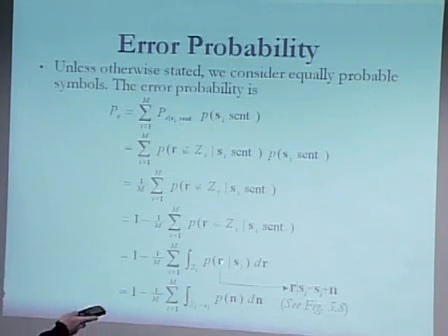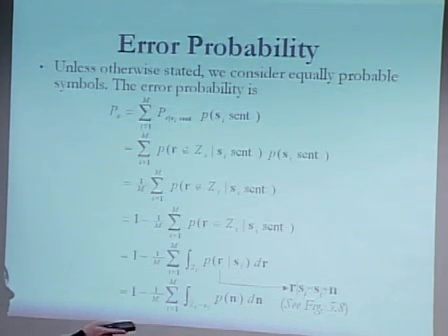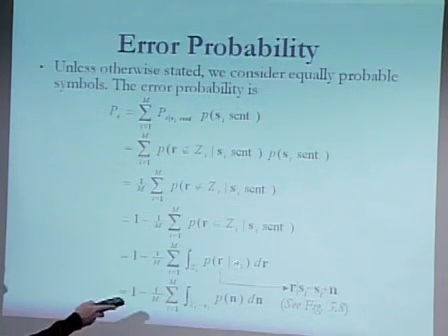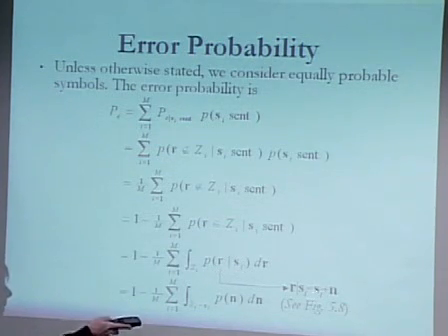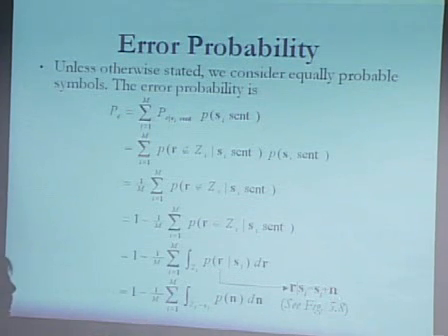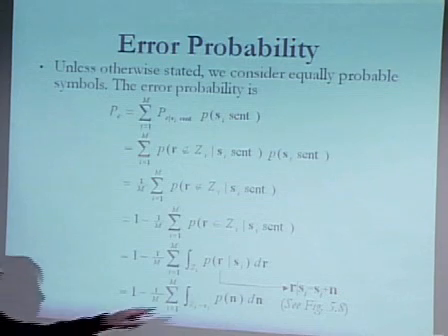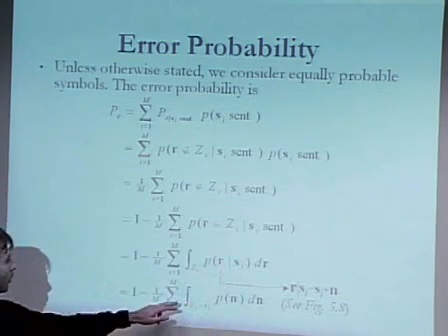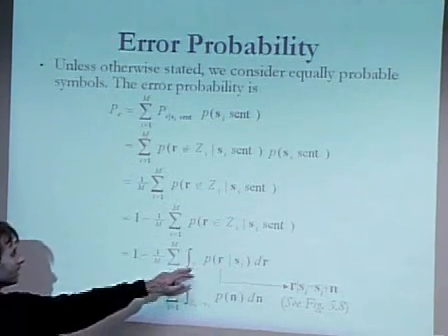Now, who is this vector R, given that Si was sent? Well, it's just Si plus noise, right? So we say that Si was sent. We have Si plus the noise. So we can replace this R given Si by Si plus noise. And what we can do now is remove the noise from here and also from here. So we can shift the integration